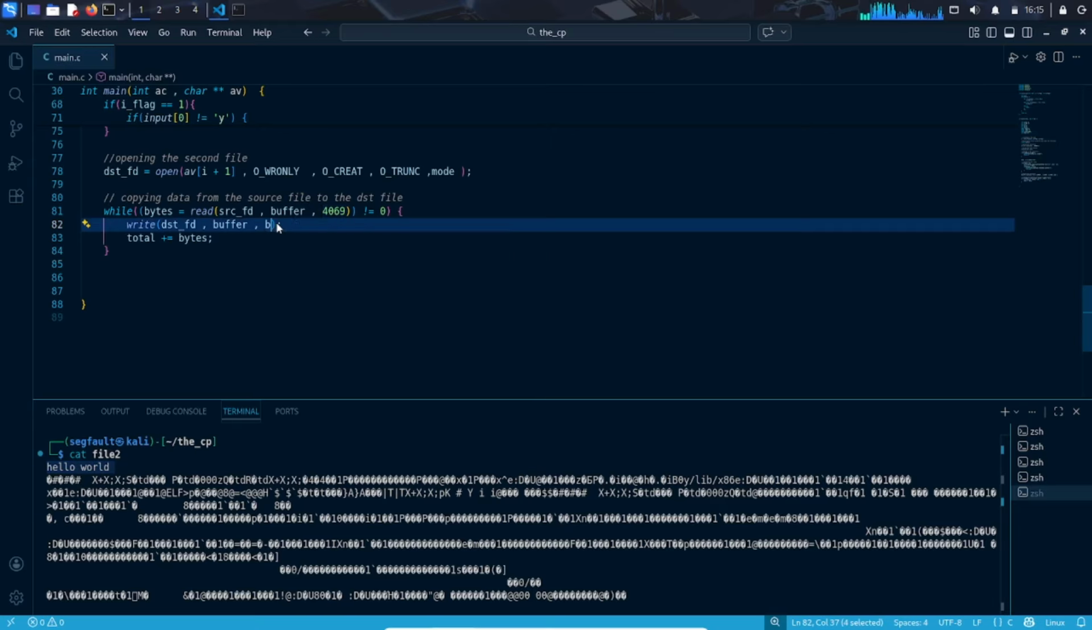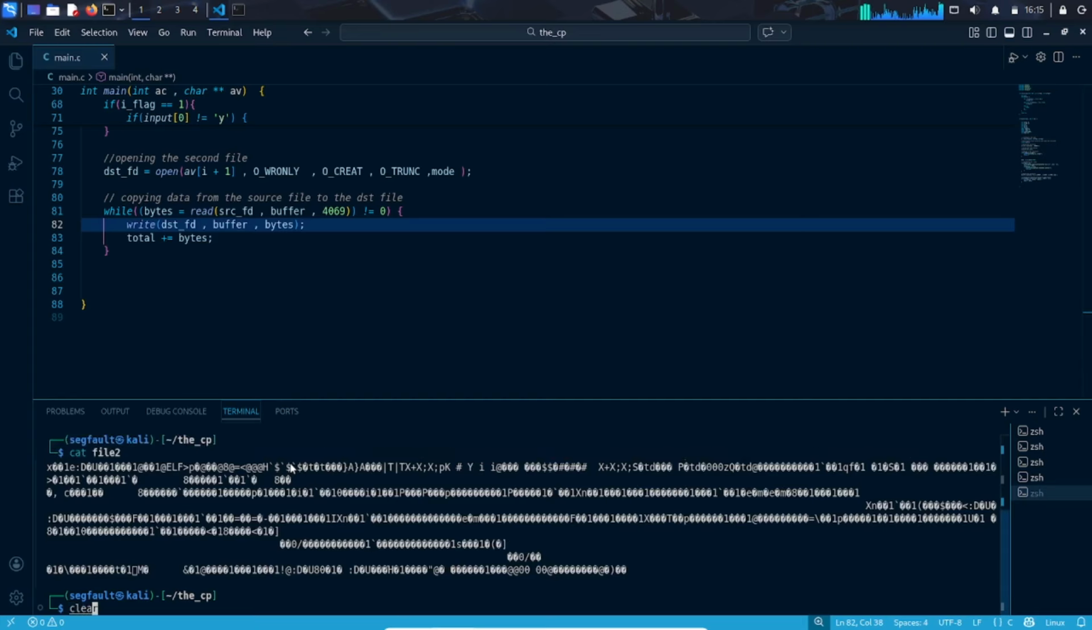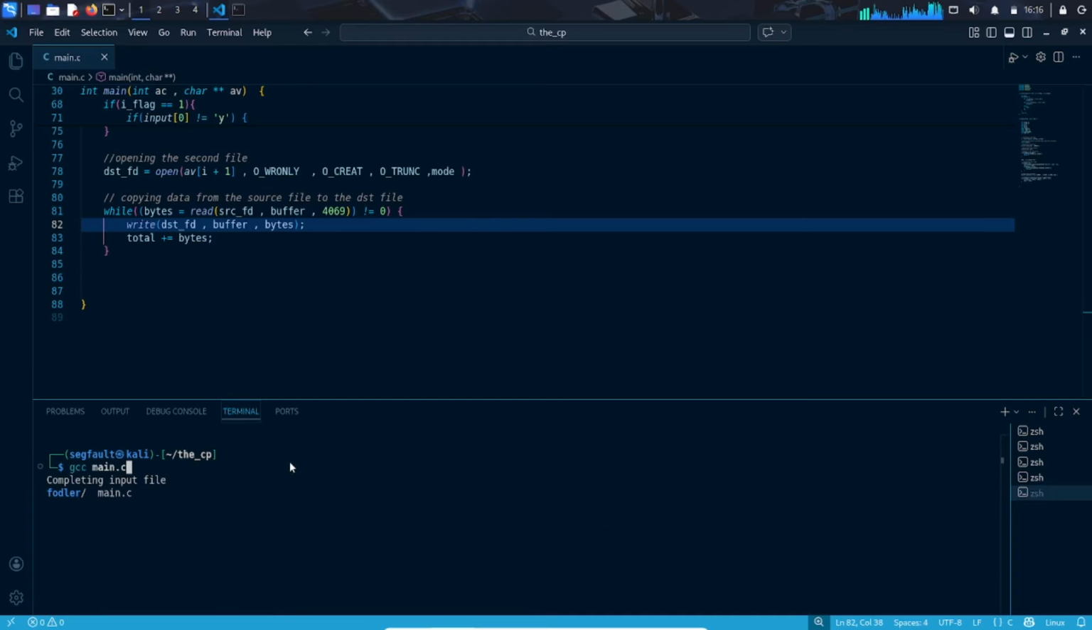Yep. I need to do 4069. How many bytes do we read to exactly print what is inside the buffer? This is the problem. It's too clear. And gcc main.c. Let's run file1 to file2. And if we did cat,